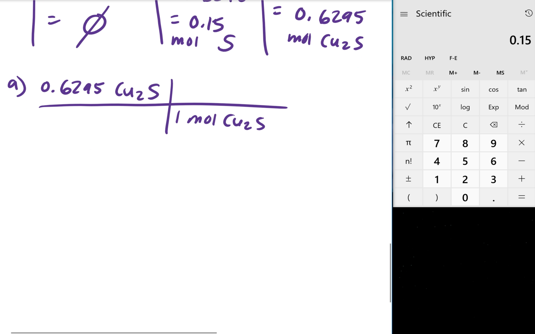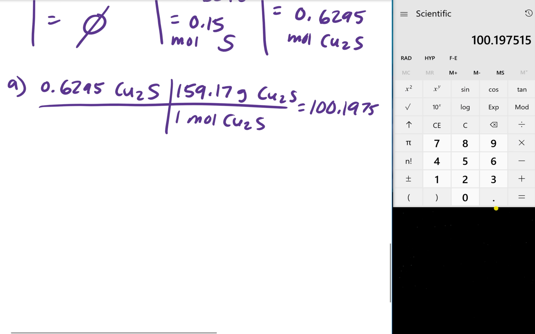So copper sulfide has a molar mass of 159.17 grams. So 0.6295 times 159.17. And you get an answer of